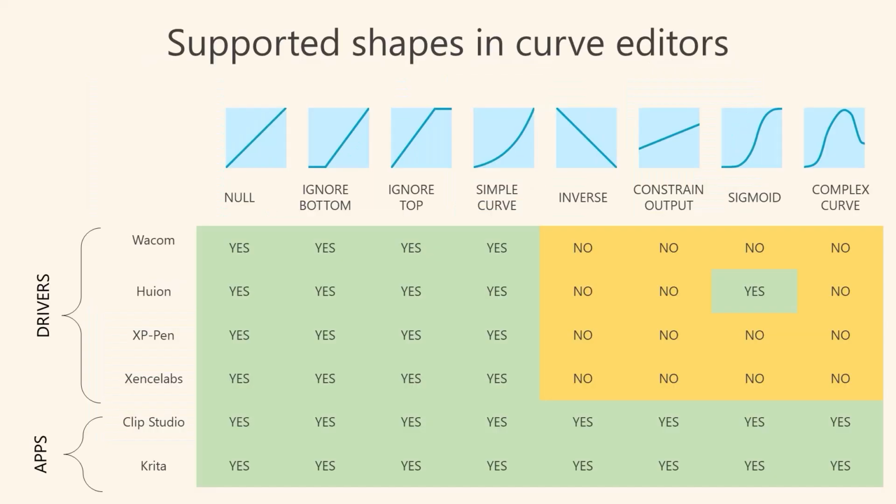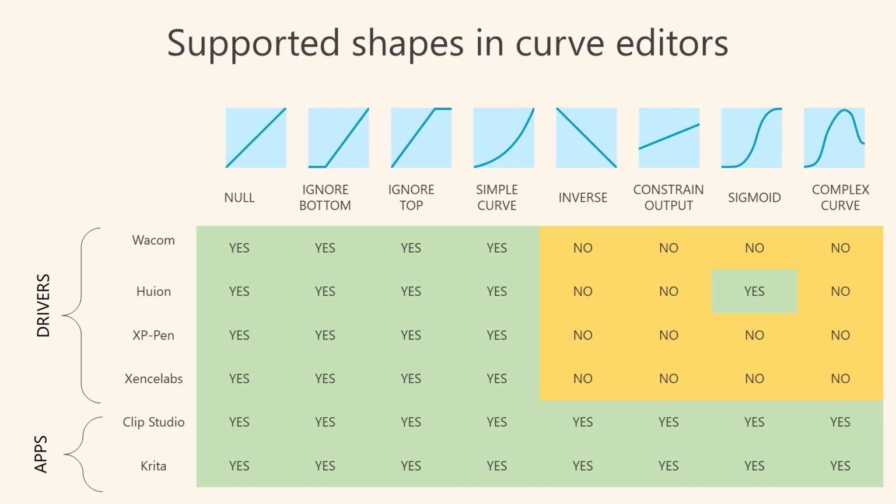I tested these 8 pressure shapes across 4 different manufacturer drivers and 2 different creative applications, Krita and Clip Studio Paint, and this is what I discovered. The first 4 shapes, null, ignore bottom, ignore top, and simple curve, are supported everywhere, and that's what I expected, and that's great. But the last 4, inverse, constrain output, sigmoid, and complex curve, those are only supported by the